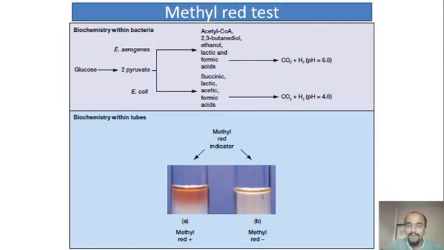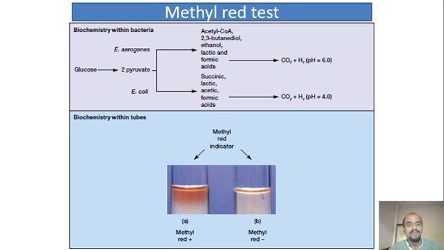Next one is methyl red. Now for this we need to understand a little biochemistry of the Enterobacteriaceae members. So basically glucose utilization is conserved, so we have glycolysis to utilize glucose. However, different types of end products are formed from pyruvic acid. So some bacteria produce large amounts of different types of acids like succinic acid, lactic acid, acetic acid, formic acid, and therefore the media pH turns acidic. So for example, it goes below 4.0.